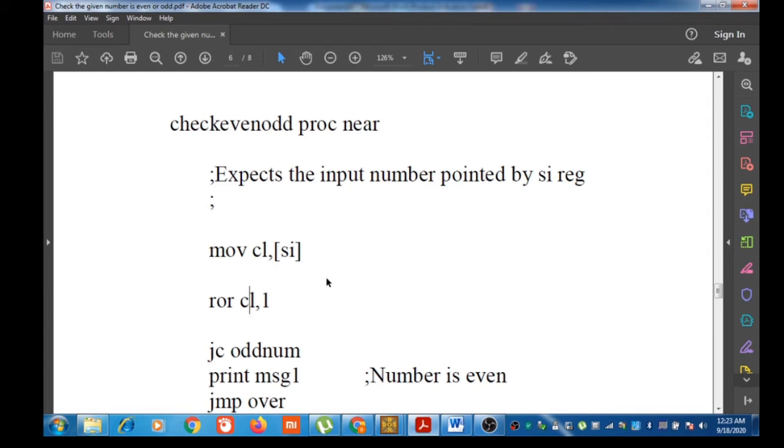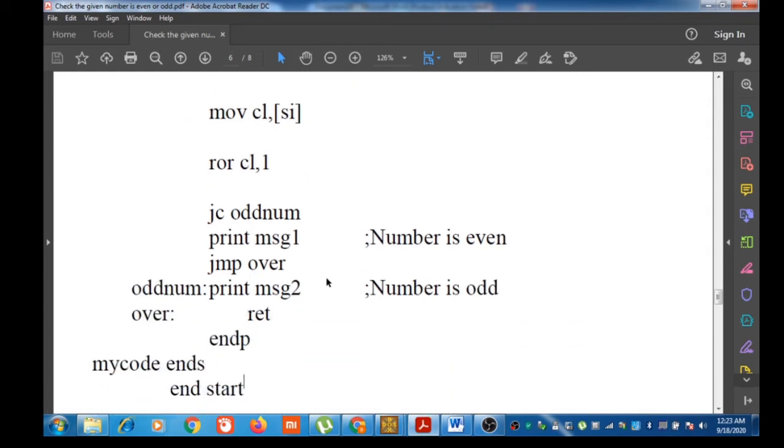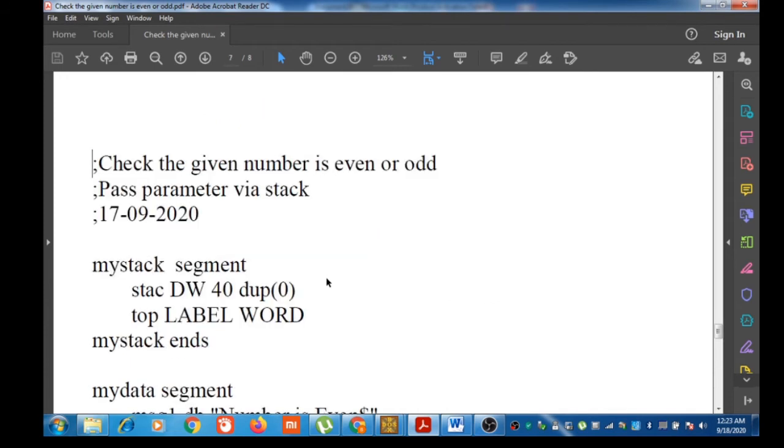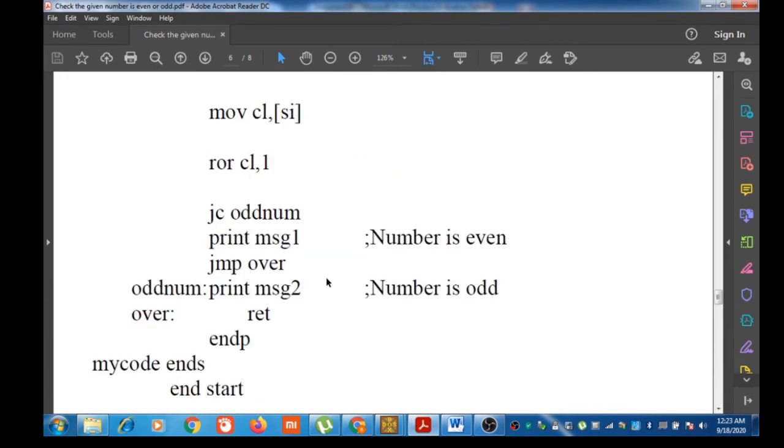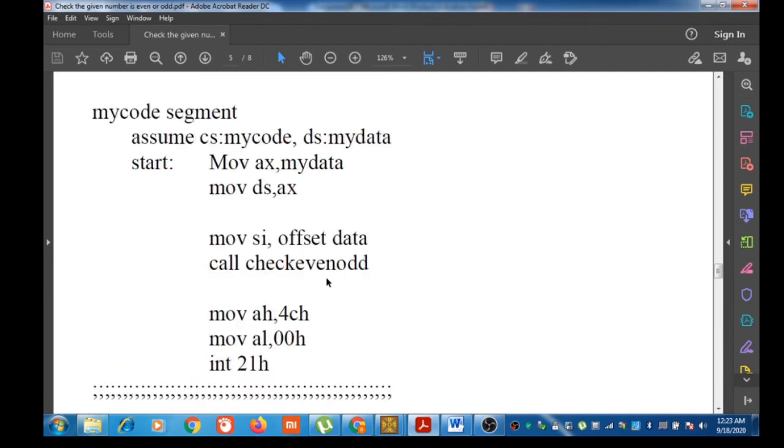So after that, it applies the ROR instruction on CL register. So inside the code segment, it called the procedure after making a pointer in SI or DI register.